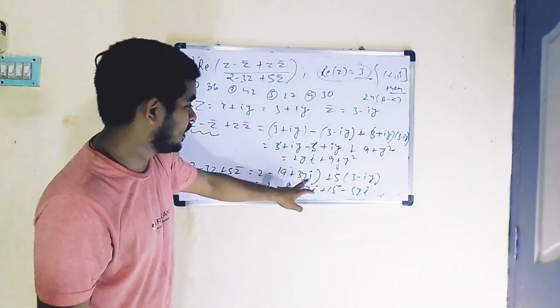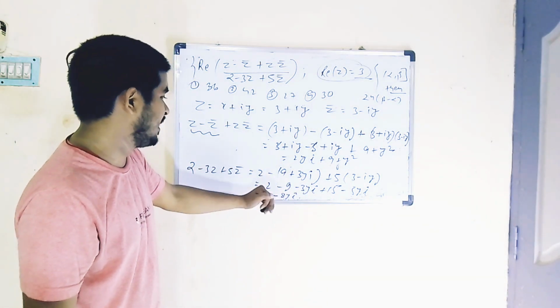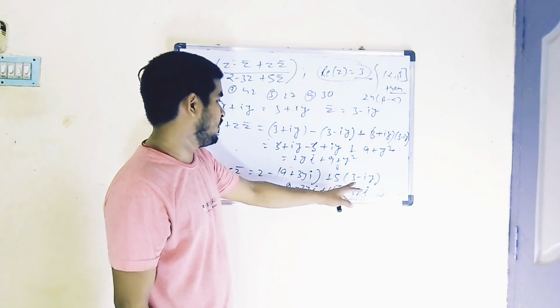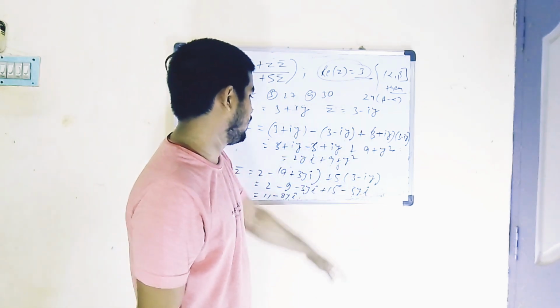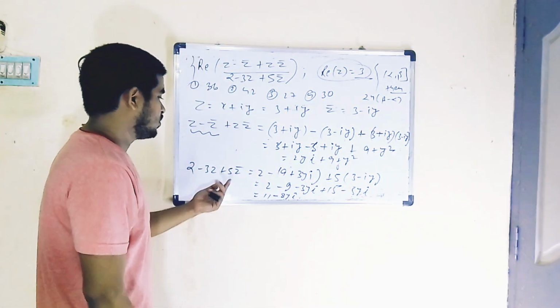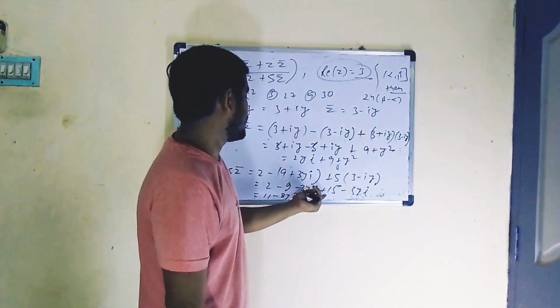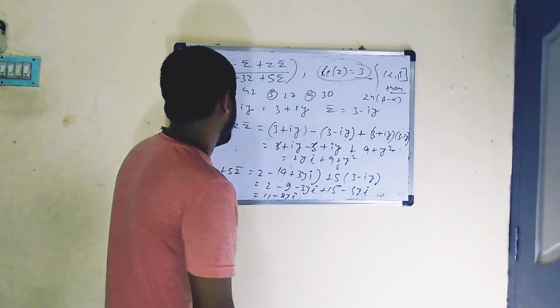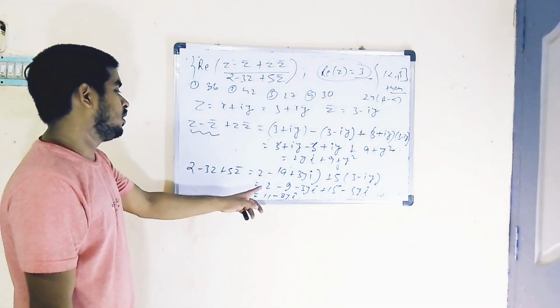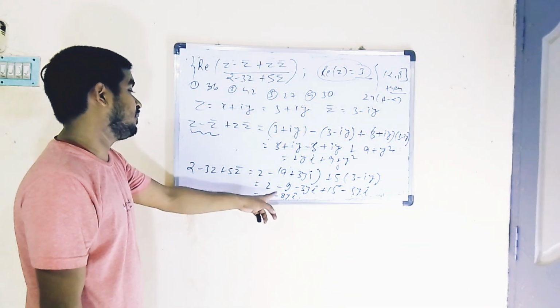Okay, correct. 9 plus 3iy. Okay, correct. With minus sign, plus 5 of z complement. Z complement is 3 minus iy. Okay, no issue at all. So what is this? 2 minus 9 minus 3yi and plus of 15 minus 5yi. Okay. So this is what, 15 plus 2, 17 minus